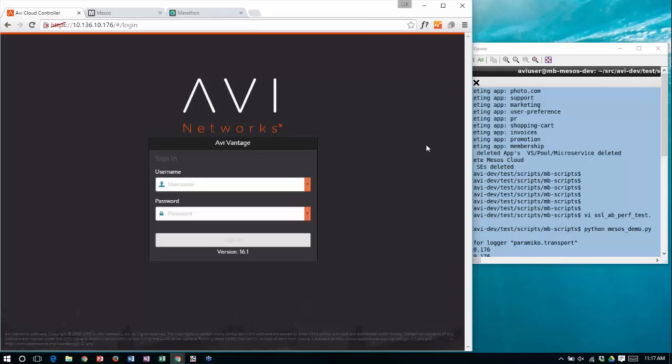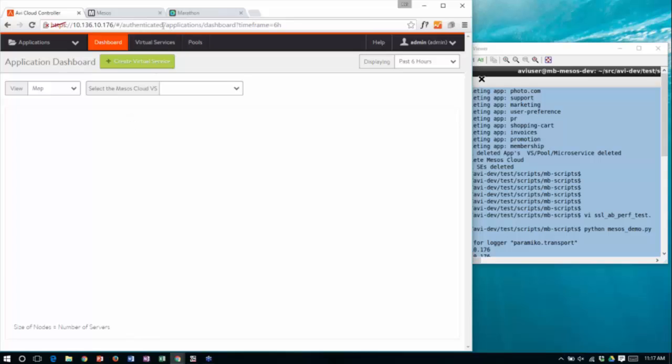You can see my screen already. We've got a very simple system. In the front we have an AVI controller, and the UI that you see is essentially running in the browser. It's calling REST API on the controller, so it's a single point. The first-class citizen from a configuration perspective on the controller is always the REST API, but certainly the UI is executing REST APIs to the back end as well.